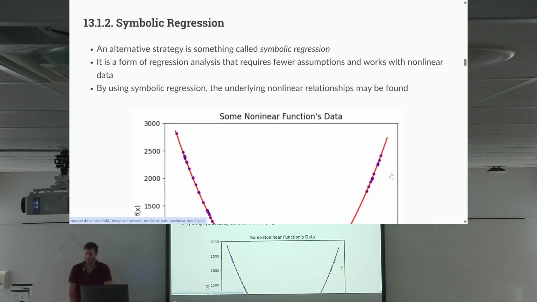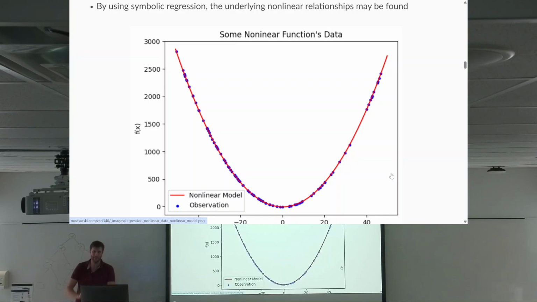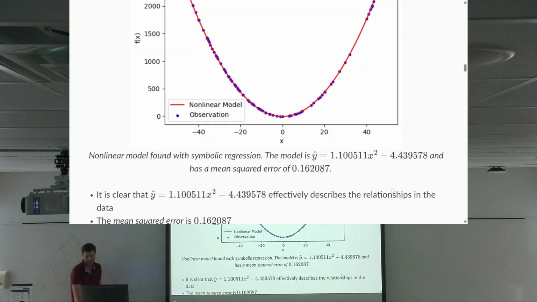And symbolic regression is actually capable of finding the underlying nonlinear relationships. So here's an example of that same data, but I use symbolic regression to fit it. The points are the data, the observations, and the function is the line. If you plot every point along a continuous function, it's the line, okay? So here, it is 1.1 x squared minus